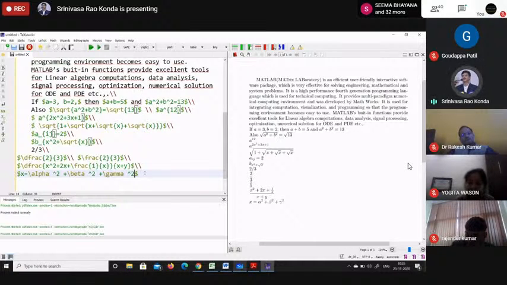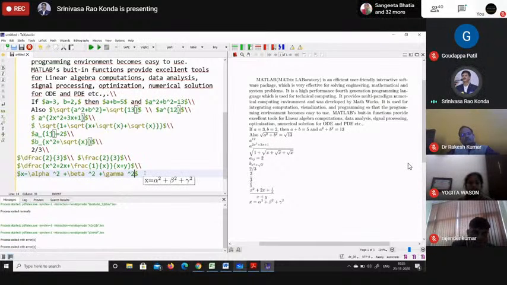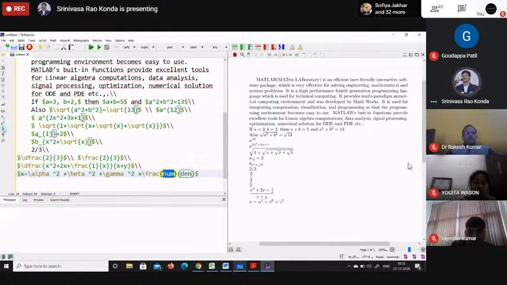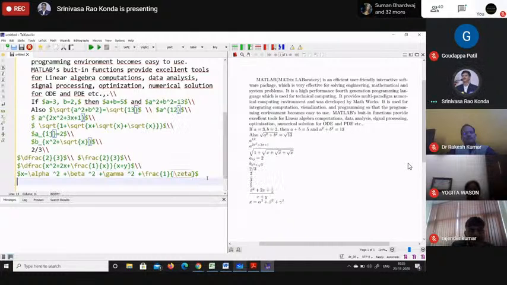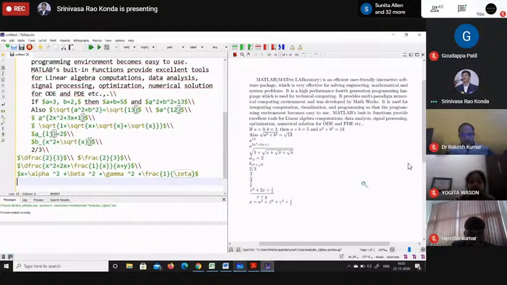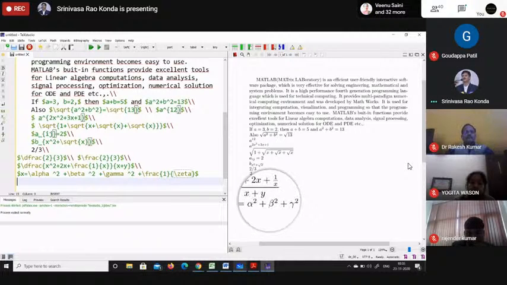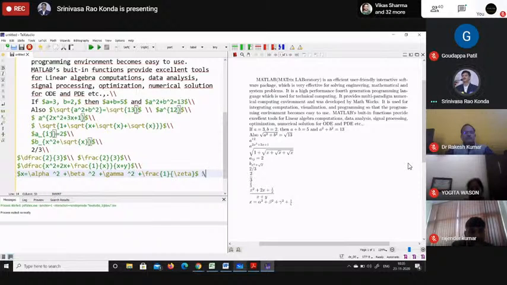Similarly, for example, plus 1 by zeta. You know the symbol zeta. Then it's typed. Compile it. Like this. So all Greek letters you can easily get